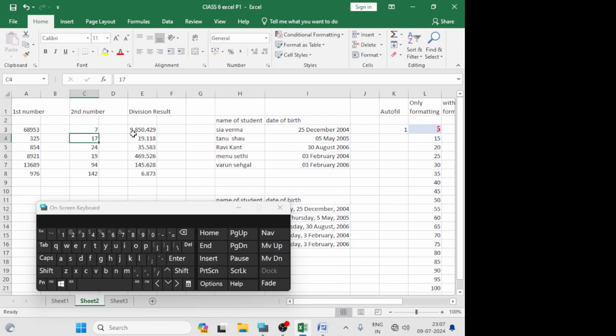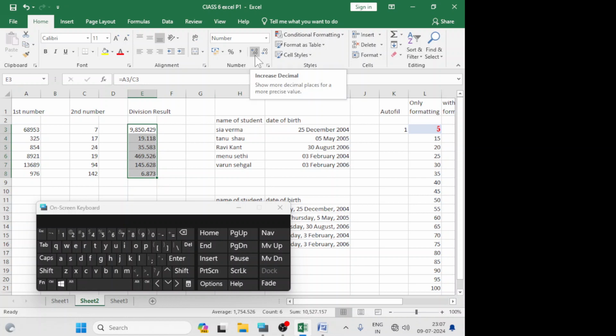You can see that here the comma is coming. So if there are more than 3 digits, then you will see a comma. The comma will appear after three digits in the integer part. So like this you can select. If you want to decrease or increase your decimal places, you can do this from here also.